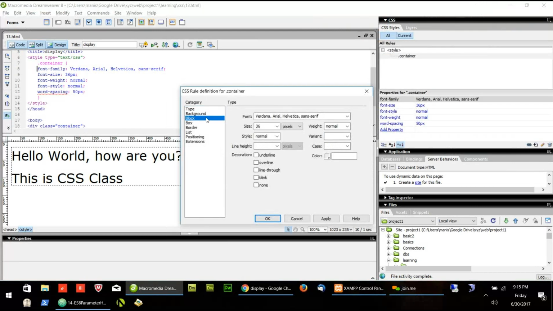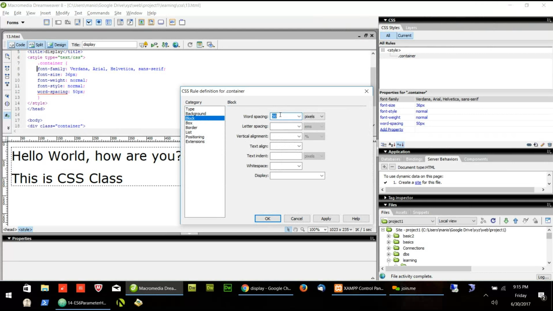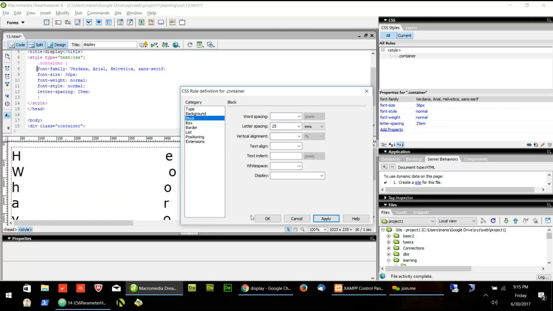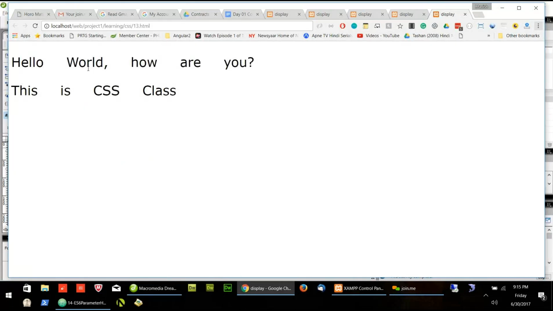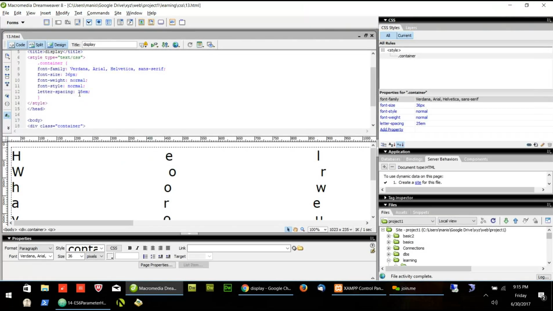There is another one called letter spacing. Let's remove the word spacing, and for letter spacing, let's put 25 pixels. So now if I open it in the browser, it's coming as the old copy.